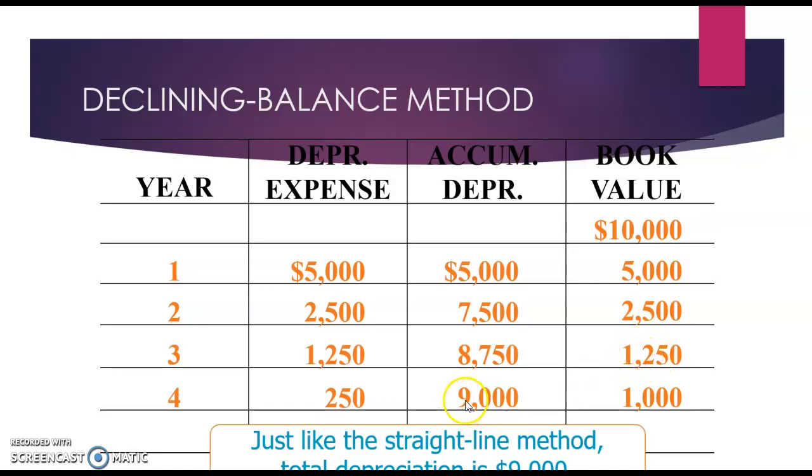But again, I can only go to 9,000. From 8,750 to 9,000 is only 250 more that I can do. And then once I subtract that 9,000 from the 10,000, I have book value at the end of year 4 of 1,000, which equals my